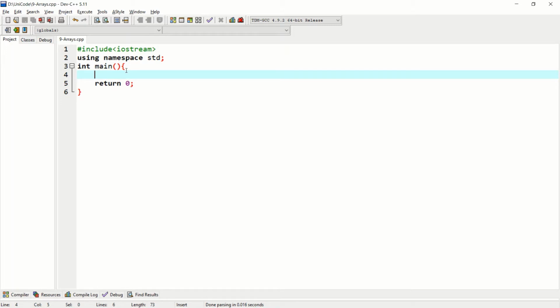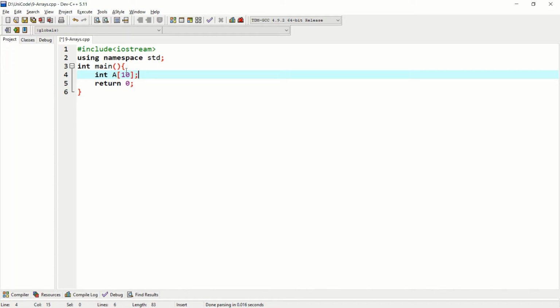Arrays are used to store similar type of elements, as in data types must be the same for all the elements in an array. They can be used to store a collection of primitive data types such as integer, float, double, character, boolean, etc. We can simply loop through the elements and access them whenever we want to. Suppose I want to make an integer array of 10 integers, like int a[10]. This will be the syntax of declaration of an array of size 10.